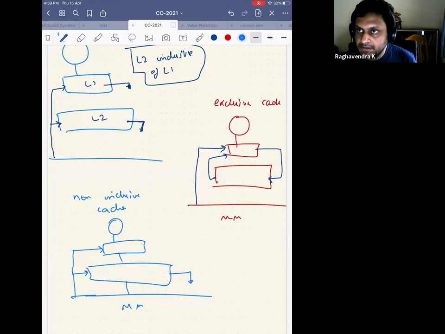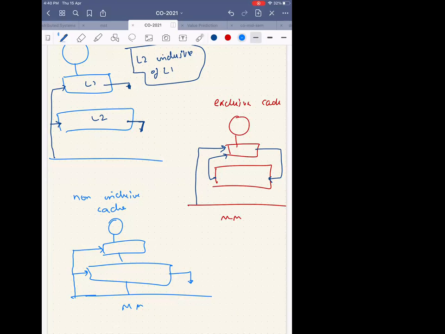They both have their advantages and disadvantages. Exclusive cache is very straightforward. You can see that the exclusive cache is utilizing the memory capacity to the best because nothing is duplicated. If you think about inclusive cache, it's a dumb way of duplicating L1 in L2, but there's an advantage of doing it. Of course, there's an advantage of going with a non-inclusive cache also. So we'll see this in the next class. Is this clear till now?